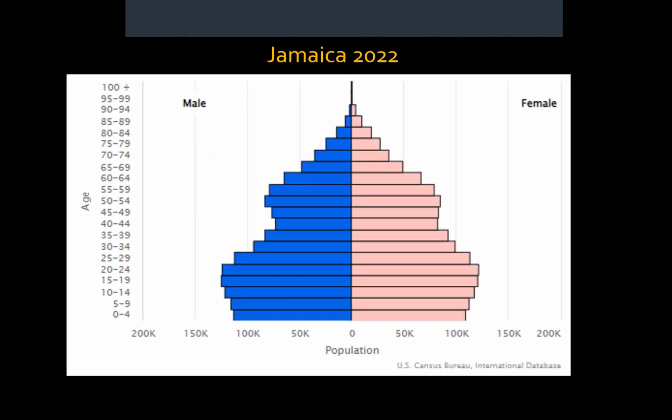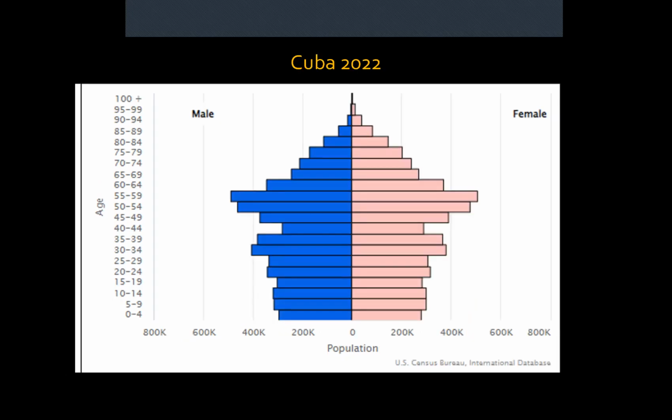In Jamaica, we see the same thing, and it's almost getting inverted and it's getting close. So on average, families are having one and a half children. That's not enough to replace the mother and father. And so they're coming very close to having negative growth. And Cuba has gone there as well. They were exploding about 60 years ago. And then they had the revolution, and it's really stagnated. So you see that on both sides, the left and the right. It's really becoming flatlined, and that means low population growth and getting close to negative growth.